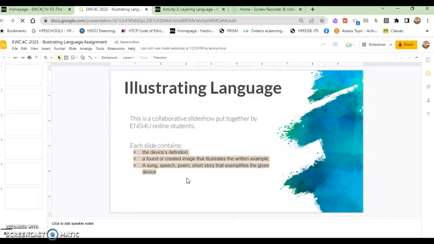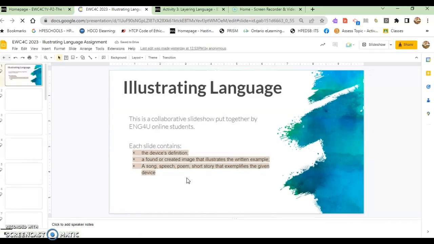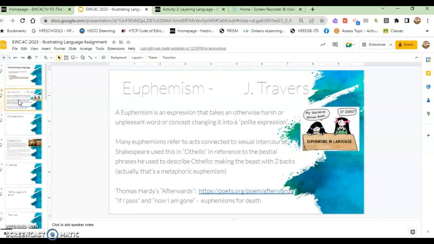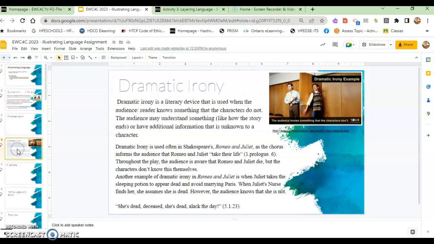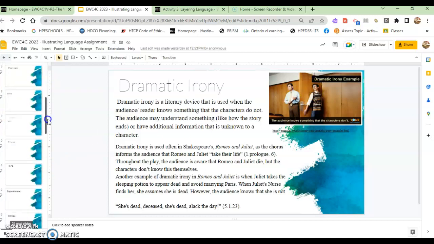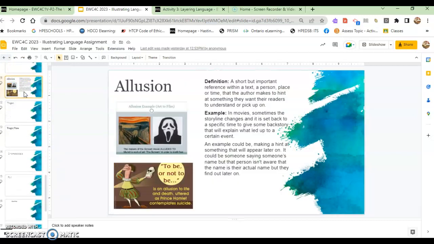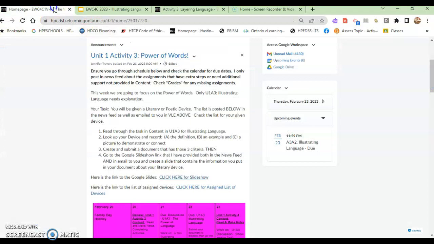The reason I do this is so that you can actually see what other people did, what they connected it to. So I put in an example, just so you know that other people, so here's the definition, here's an example, and then here's the picture in terms of finding those. And I see that most people are still working on this, or maybe they haven't seen this part, but there's a few people in here just so you can see the example.